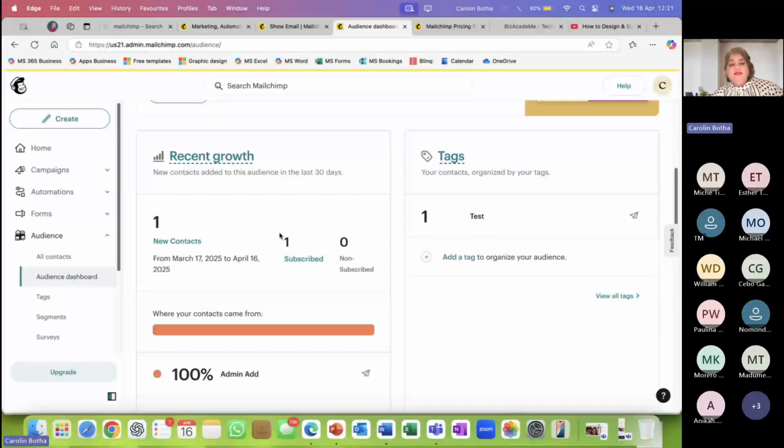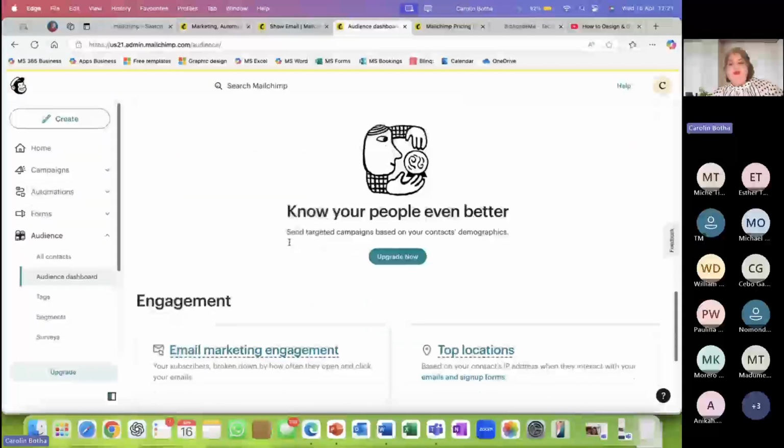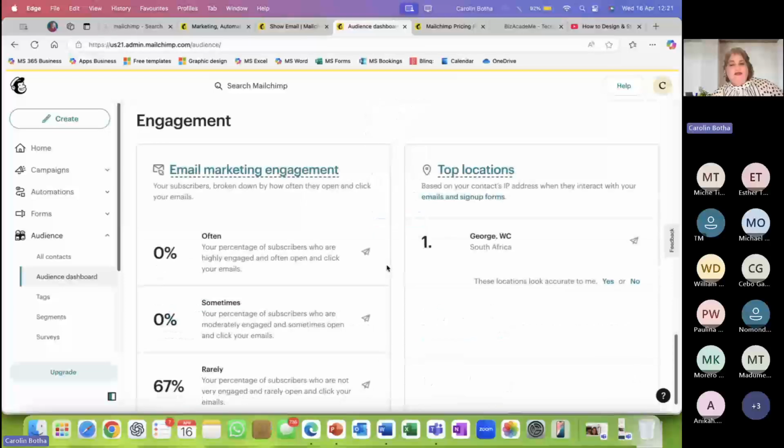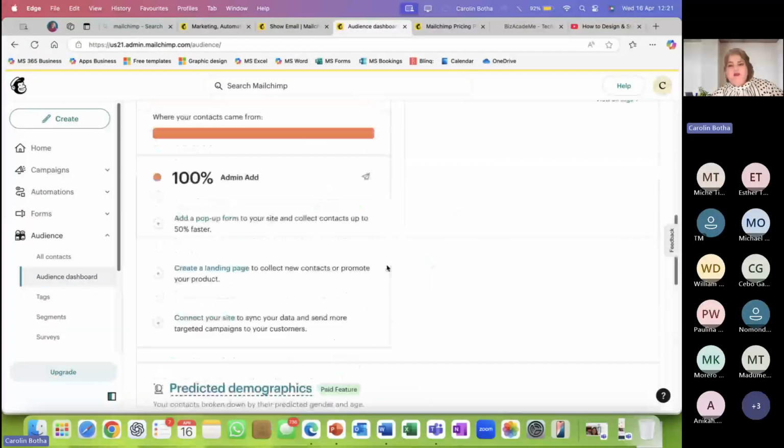You have a new contact. It will show you where people are coming from. Of course, that is an upgraded version. You can imagine you can't have everything for free. So you need to upgrade for that, but you can do quite a lot with the free version.